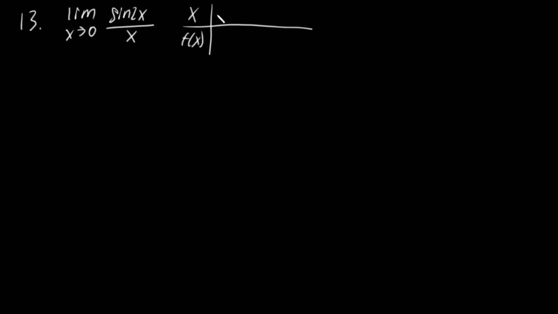So if the limit as x goes to 0 of the sine of 2x all over x, and once again we have the discretion here to make the table, and I'm just going to do it as I did for the previous example that we covered. So what I'm going to do is our first value is negative 0.1, our second value is negative 0.01. As you can see, we're just getting closer and closer to 0. I'm going to put 0 in. Then we have